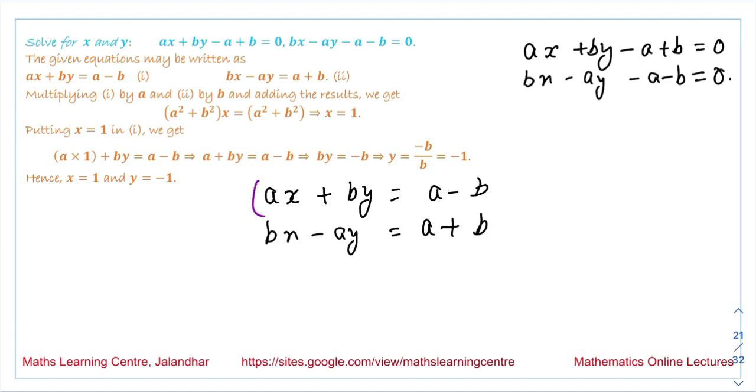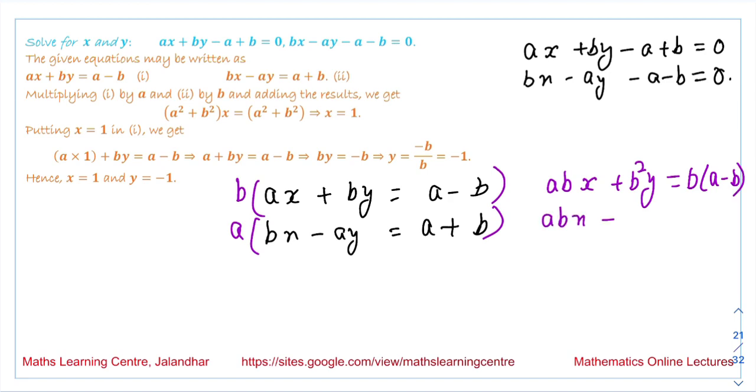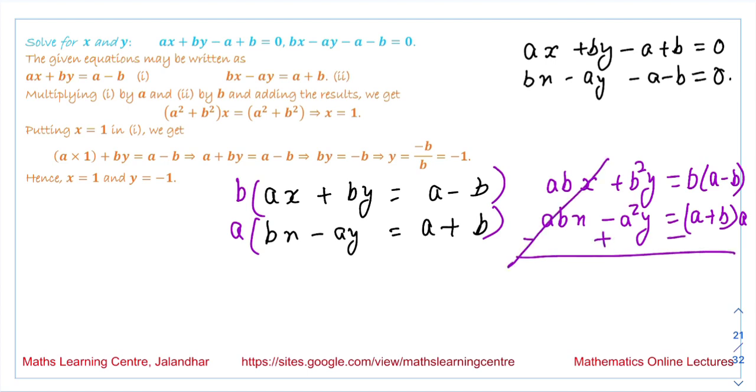So what we are going to do is we are going to multiply this equation with b and this whole equation with a. The equation becomes abx plus b square y is equal to b into (a minus b). Second is abx minus a square y is equal to (a plus b) into a. When we subtract these two equations, these two terms get cancelled. We are left with this a square plus b square